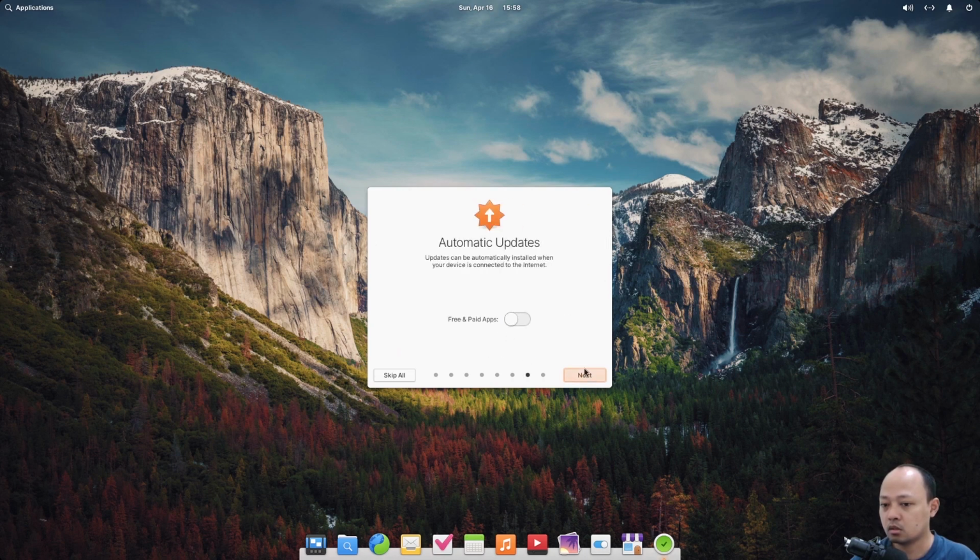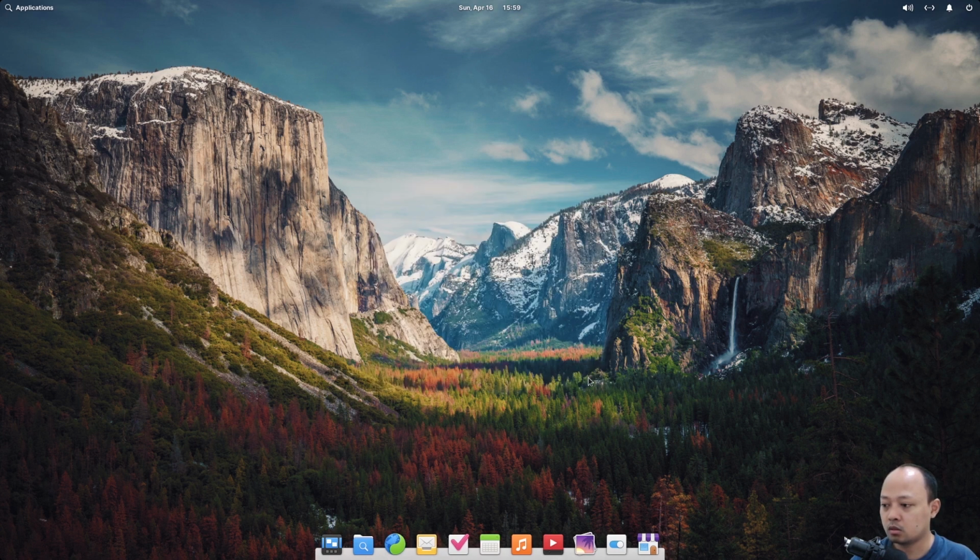Click Next. Then it is about the automatic updates. I will keep it that way because I'm still trying this Elementary OS and didn't install anything yet. Click Next. We are ready to go. And click the Get Started button on the bottom right.